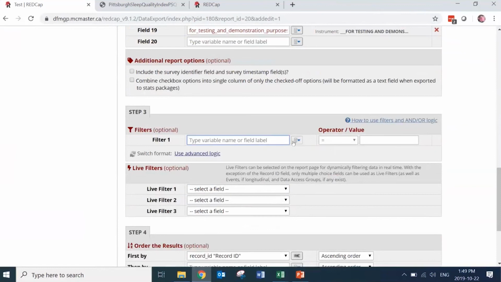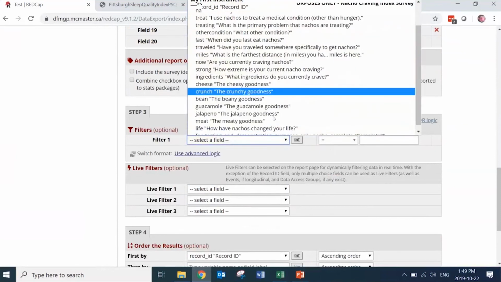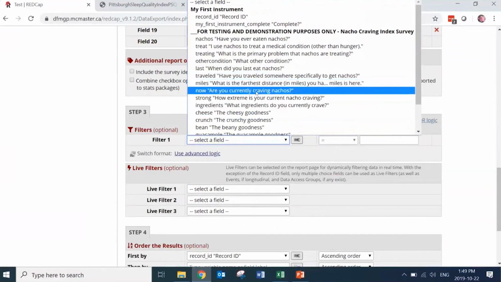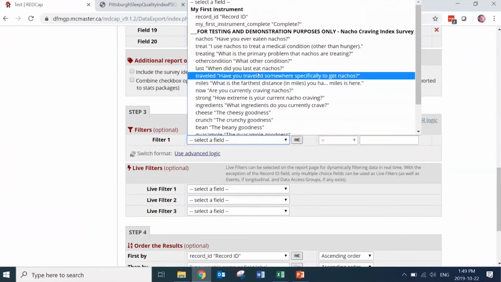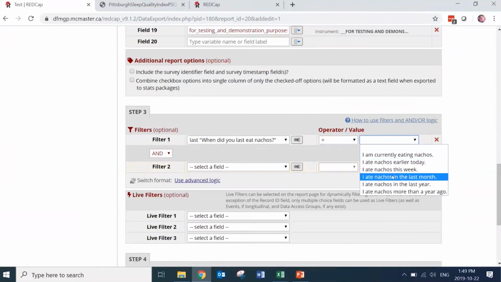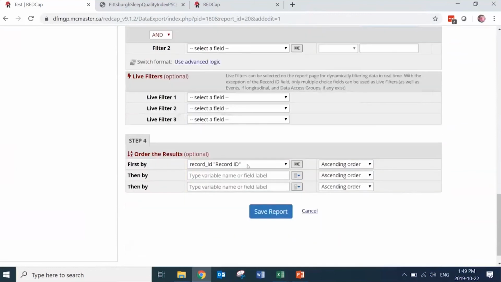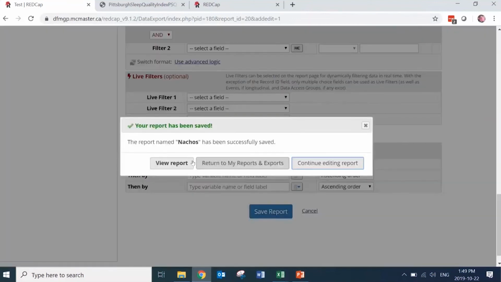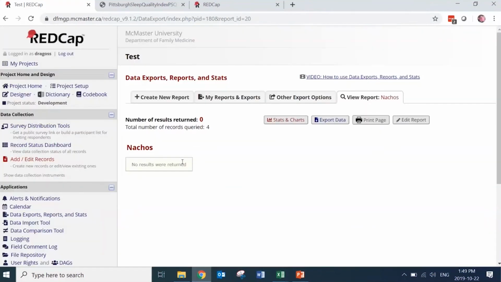Filter it by only people who said when did they last eat nachos in the last month, and so it would only show whoever said they ate nachos in the last month. Well, nobody said that, I guess. But it would only show their data on here. So it queried all 4 records and returned 0. And then you can export the data out